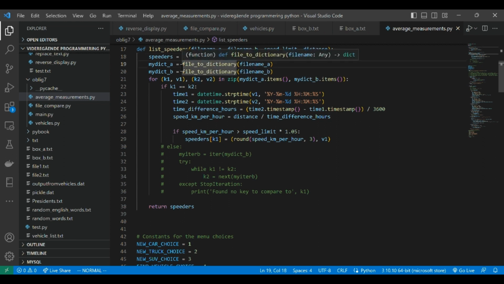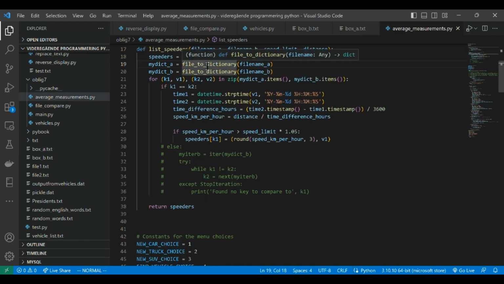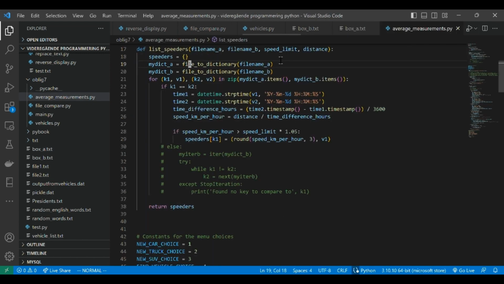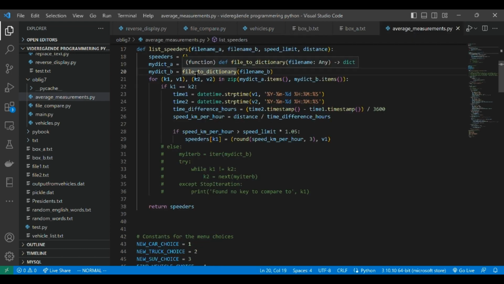Box A takes this and makes a dictionary from what data it has, and from box B it's the same thing. Make a dictionary from the data,